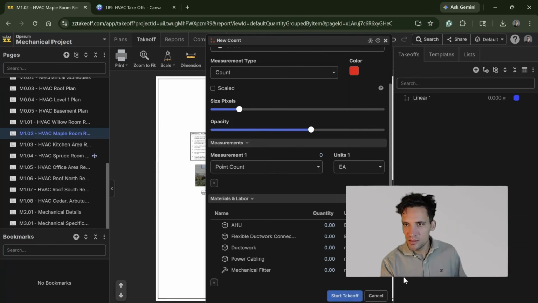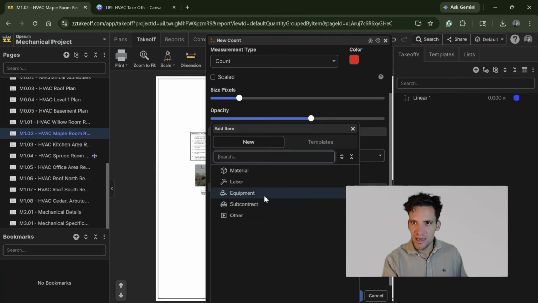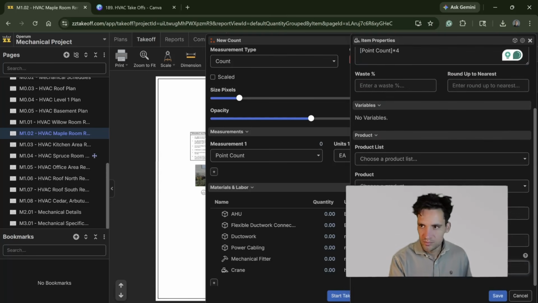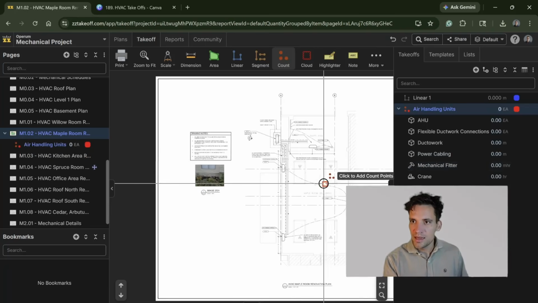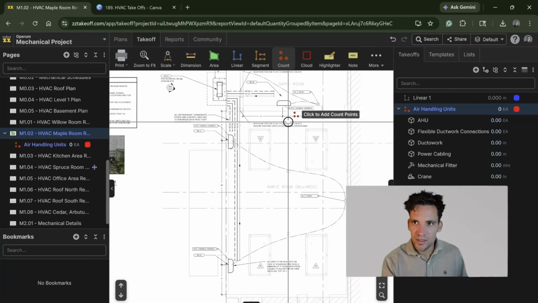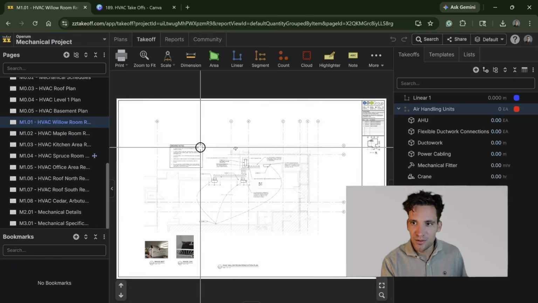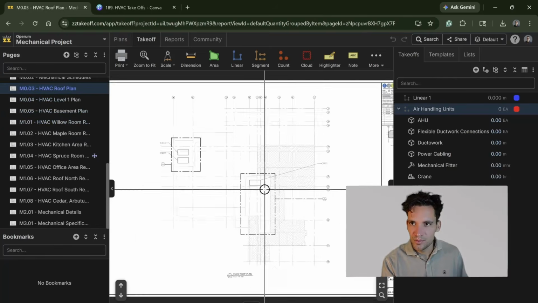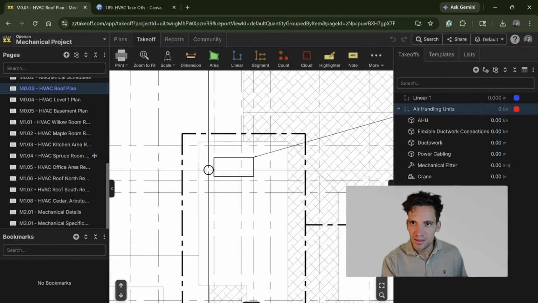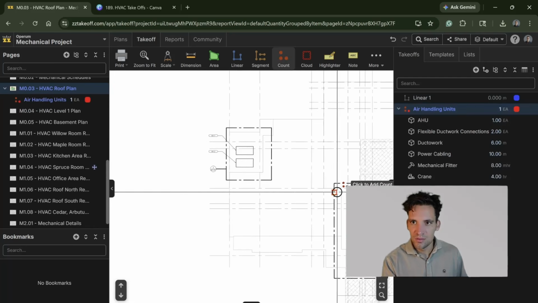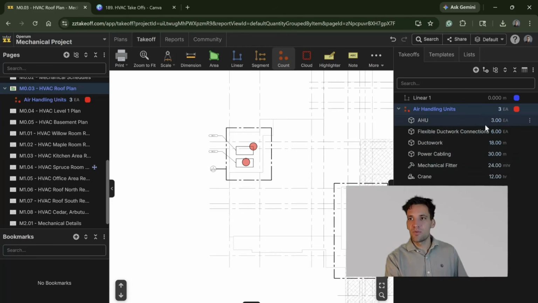Put that as man hours. And then we're going to need a crane. It's going to be 4 hours to install. Then I can simply go to the drawings and I count all the air handling units, if I can find them, which are going to be on the roof. There's one, 1, 2, 3, and you can see from my primary quantity, it's told me I need 3 air handling units,